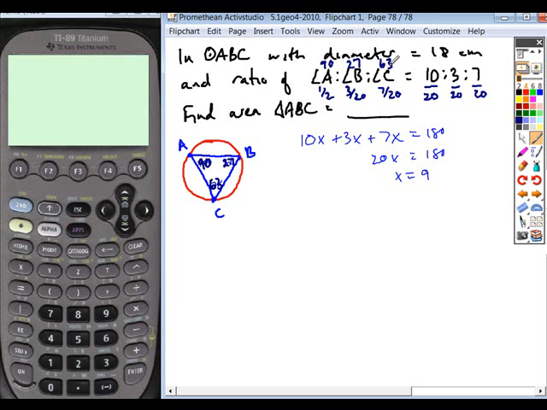Now, what kind of a triangle are you dealing with here based on the angle measures? It's a right triangle, right? Is it drawn up as a right triangle? No. So it might be helpful to draw it as a right triangle. And the reason for that, if I go in and redraw this triangle, and I know that my angle A is a 90-degree angle,